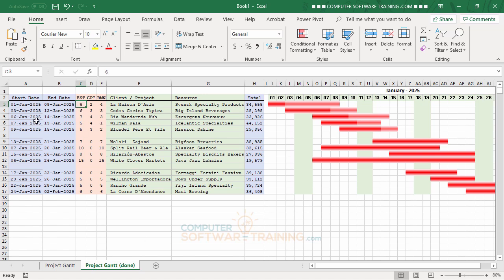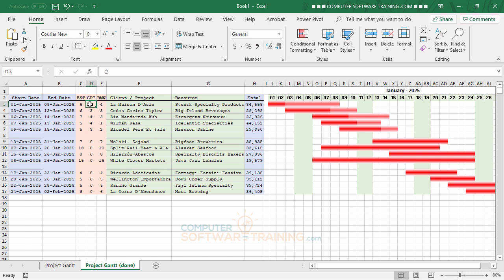So the way it works is that you put in the start date, and then you plug in the estimated amount of days it's going to be from that point. And then we have a formula in here that just calculates what the end date would be, excluding the weekends. All right, so that range is more than 6 days, but because there's the weekend in there, it extends it out a little bit. So you get that number, and then